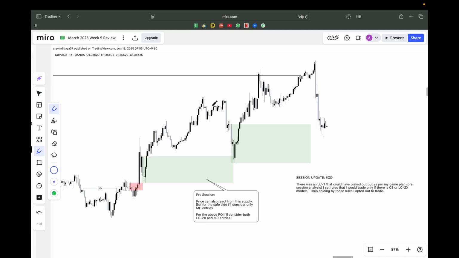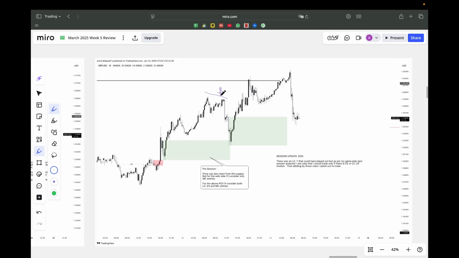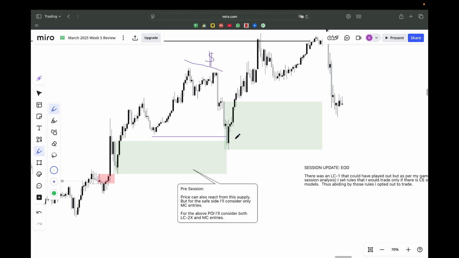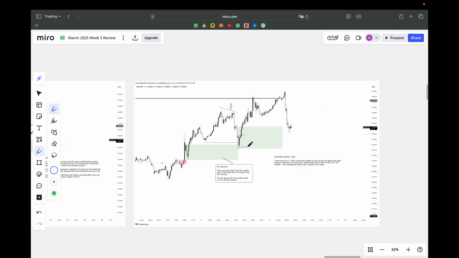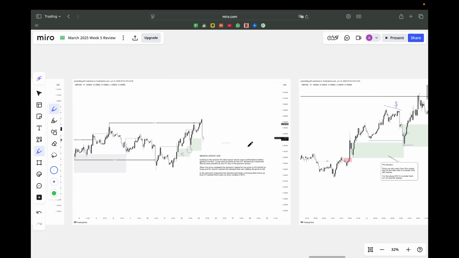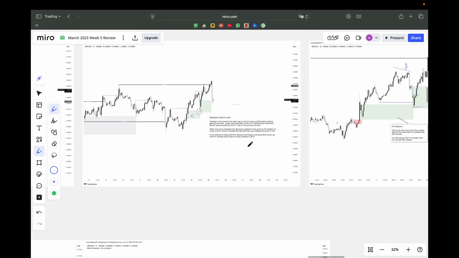So there was kind of low resistance liquidity that was good. No liquidity to target would be very good. And yeah, this was the POI, and it has also got some inducement. So I could have directly taken LC1s, but as I already told you, I was not interested in direct M15 entries itself. I was waiting for some kind of H1 confirmation, but unfortunately, I didn't get that H1 confirmation.